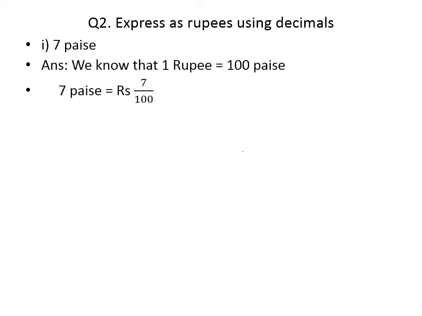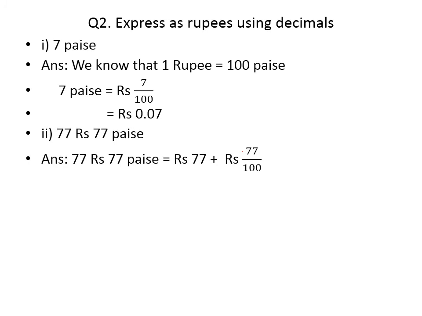Therefore 7 paise is equal to 7 over 100. So this is equal to, there are 2 zeros in the denominator, so there is 1 digit in the numerator. So after 2 digits we can place the decimal point, 1, 2. Therefore 7 paise is equal to rupees